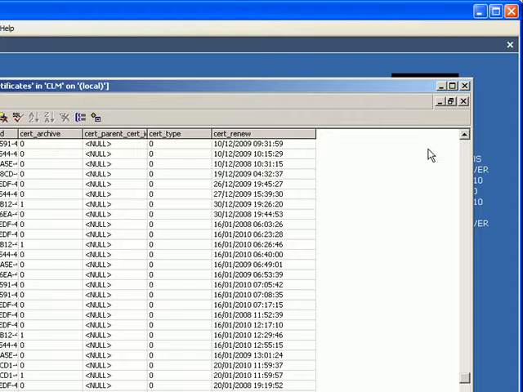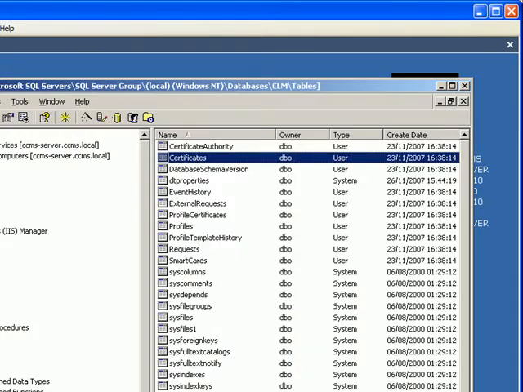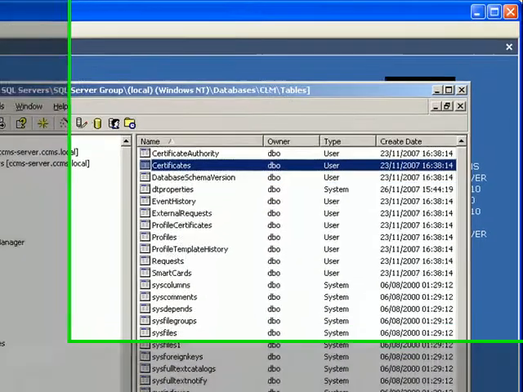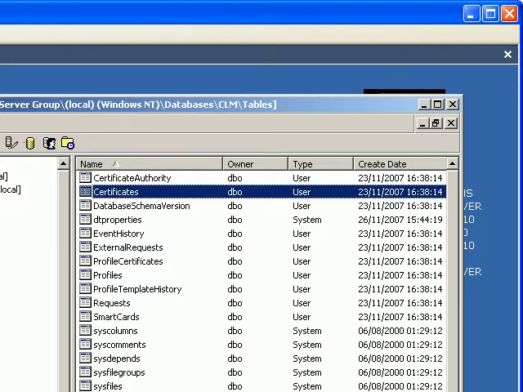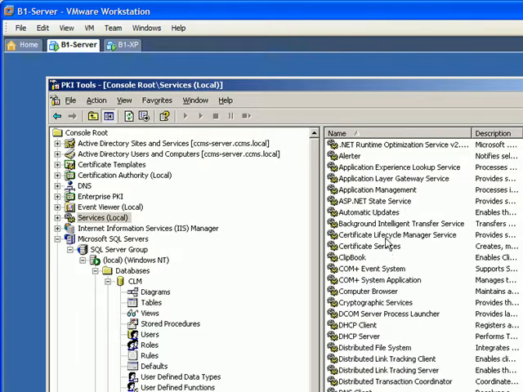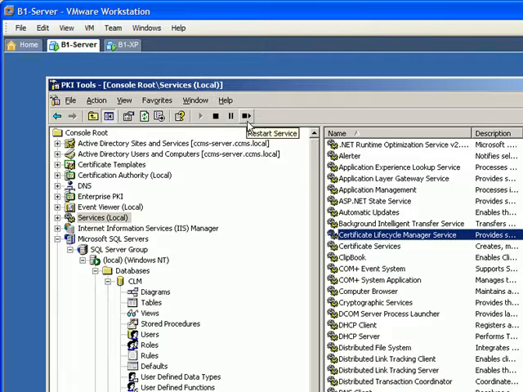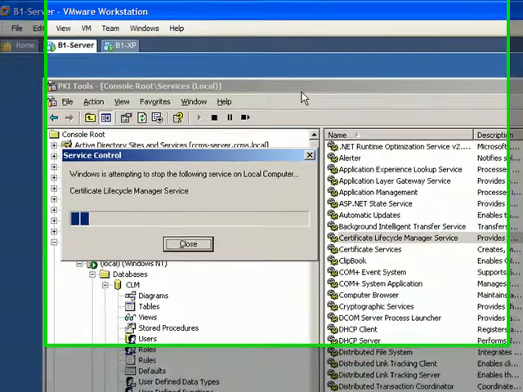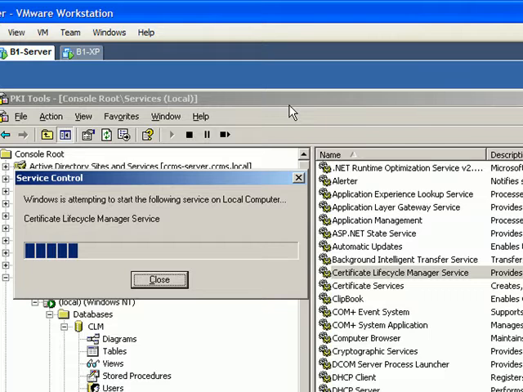Now what I'm going to do, the CLM service is all the time, every 5 hours, going to be trawling through the database to identify certificates entering the threshold. But because we don't want to wait 5 hours, again we can force matters by restarting the Certificate Lifecycle Manager service. So now the expectation is that CLM is automatically triggered, sending an email to Jack with the information which we discussed earlier. So when that's complete,